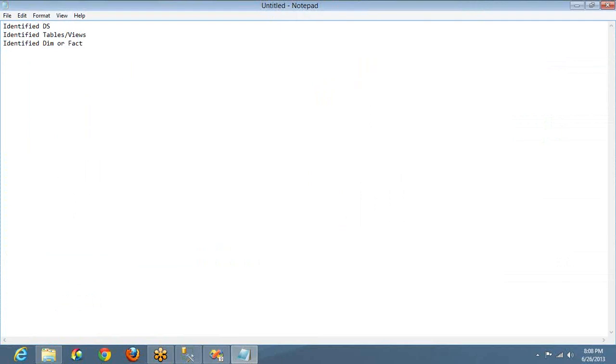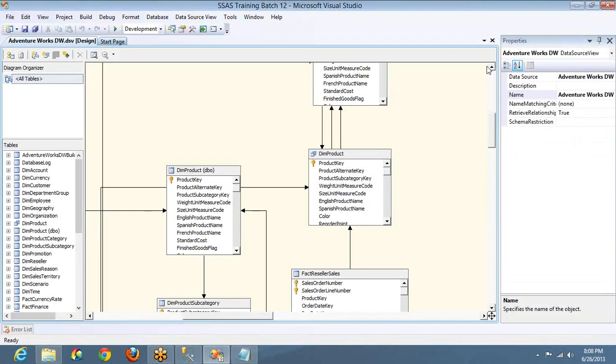So the next one is, as I said, an SSAS project is nothing but a collection of group by statements. In group by statements, you will have two kinds of information: one is dimension related columns and another is fact related columns. So you have to identify what columns are required from the dimension table and also from the fact table. In other words, we call it creating dimensions and creating measure groups. Let's see one by one. First, let's see how to create dimensions and then we can discuss creating the measure groups.